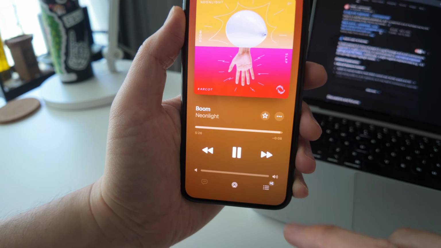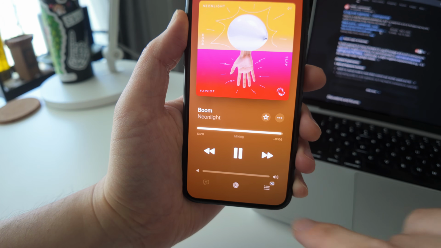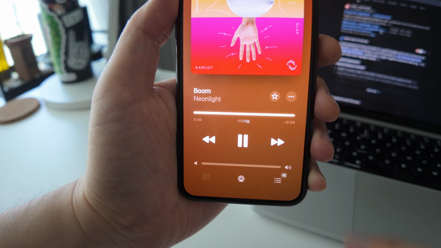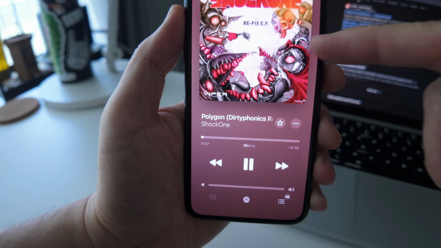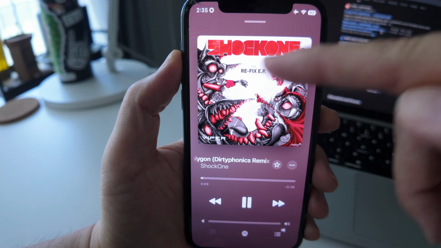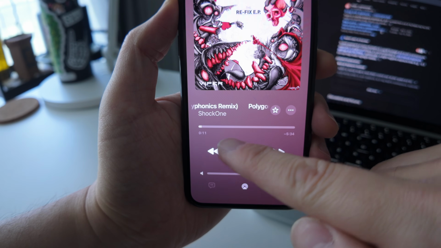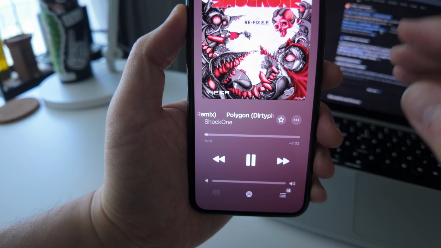So you can see it's getting towards the end of this song right here. And then you'll see this little mixing thing happen. You see that right there? And then you'll see that the album artwork actually transitioned into the next album. And it took the outro of that previous song and mixed it kind of DJ style